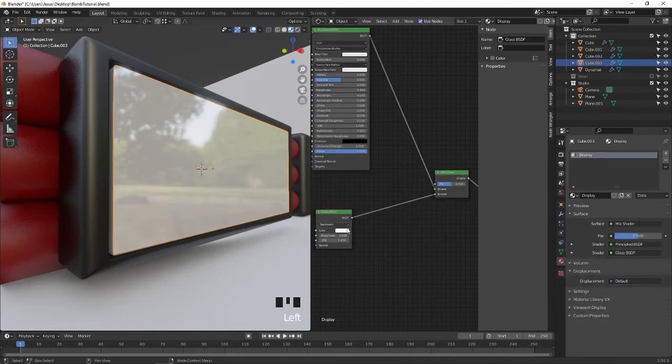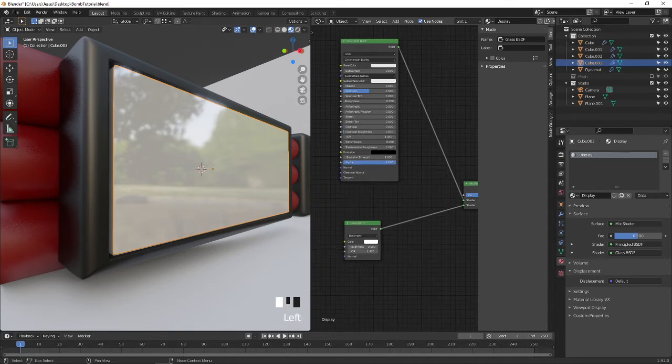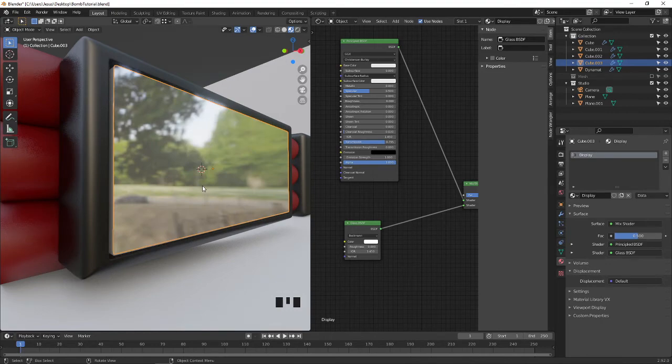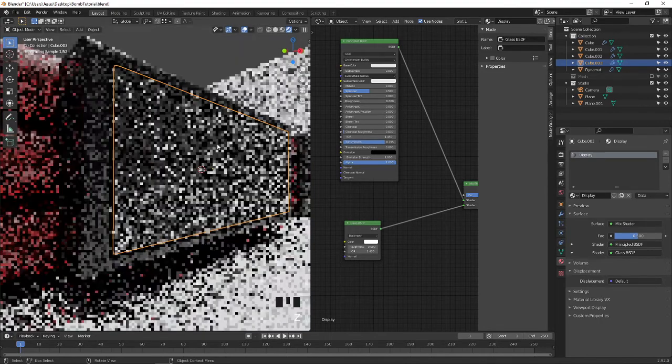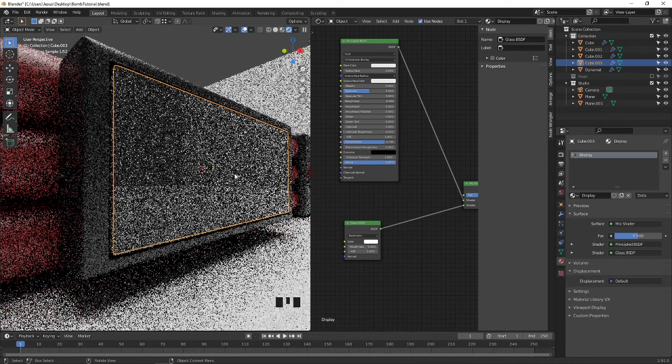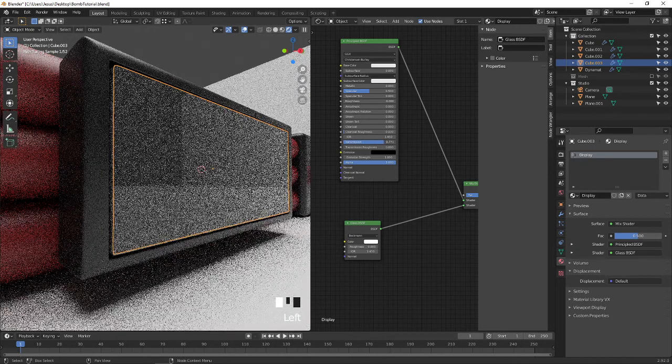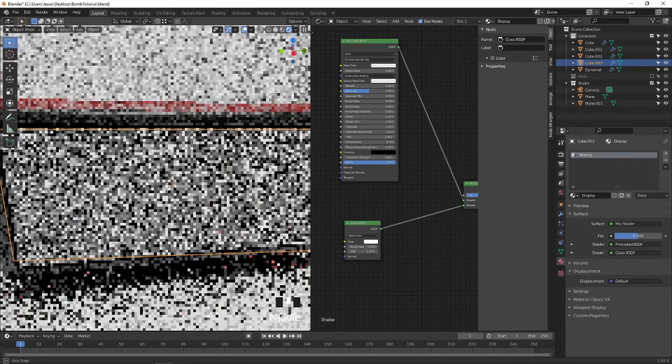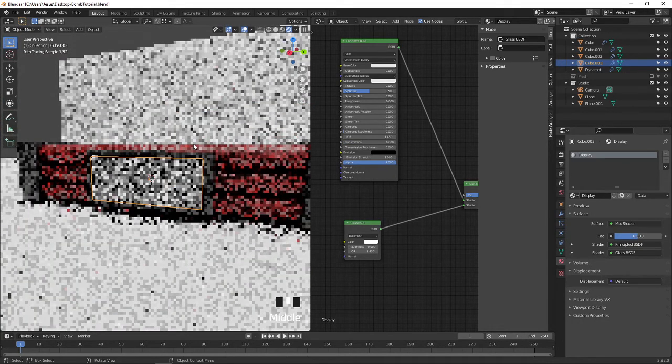Select this one and create a transmission. What happens, go to the render view. Okay, our display is created now.